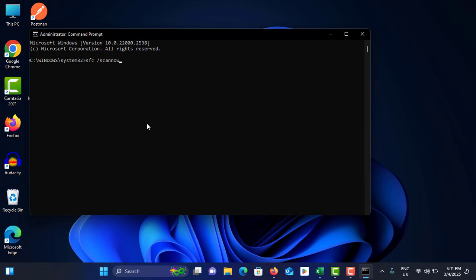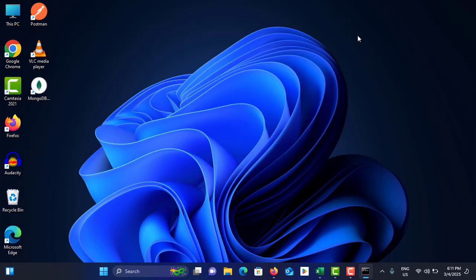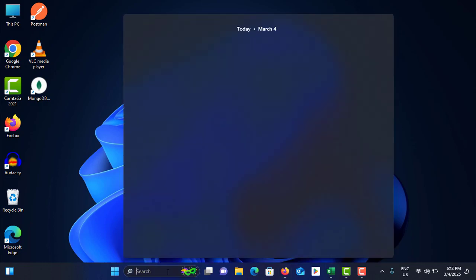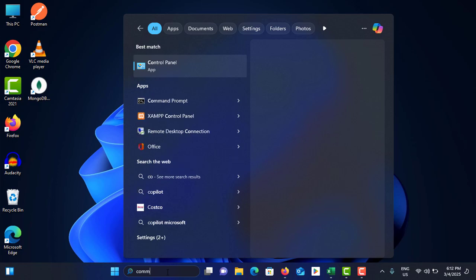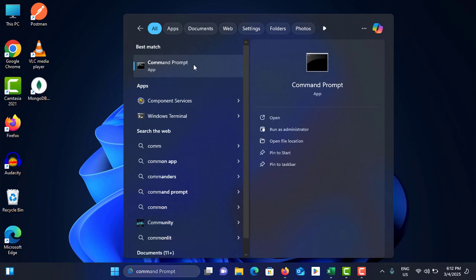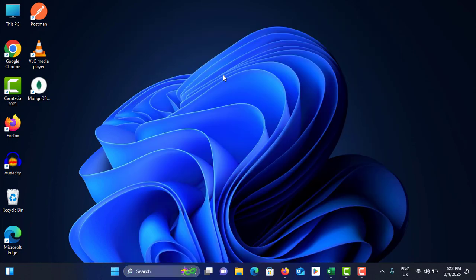Then after that you can check whether the blue screen error is still happening or not. So it is still there. You can go with the next method. The next method is use the DISM tool. To do that, again you need to go to the search bar, search for command prompt, right click on it, run as administrator, tap on yes on the pop-up menu